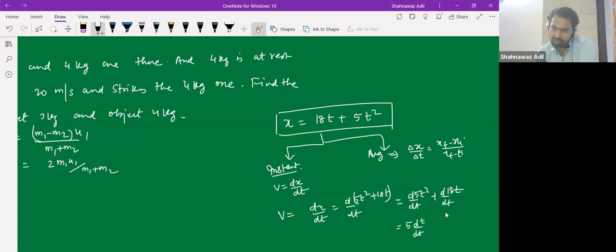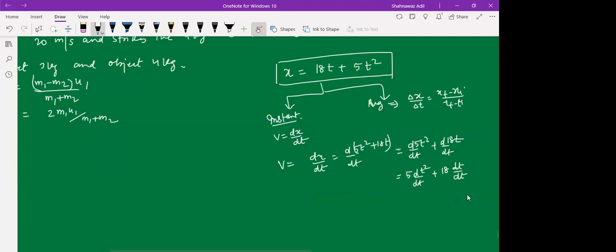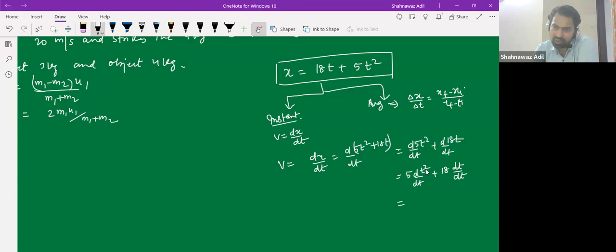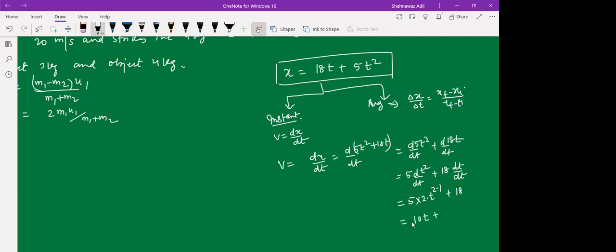And then 18 is taken outside, dt by dt, right? So differentiation of t square, what would be that? 2 into t to the power 2 minus 1, plus this is 1, dt by dt is 1. So this is 10t plus 18,